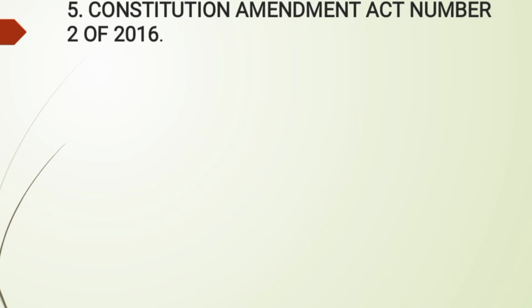is the recent one that happened in 2016, the Constitution Amendment Act number 2 of 2016. Remember what I said? There is the 1996 amended Constitution and the 2016 amended Constitution. So actually, this one is the last one as at now. The 2016 amended Constitution is the one we are using. Constitution Amendment Act number 2. So the 2016 amended Constitution was amended under the Constitution Amendment Act number 2 of 2016. That's how we should describe these things as a civic education student.